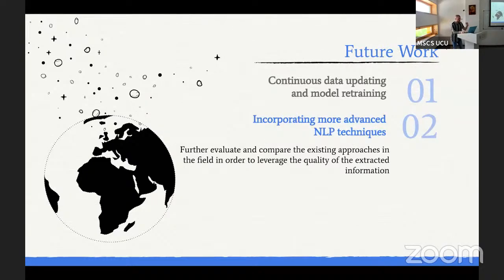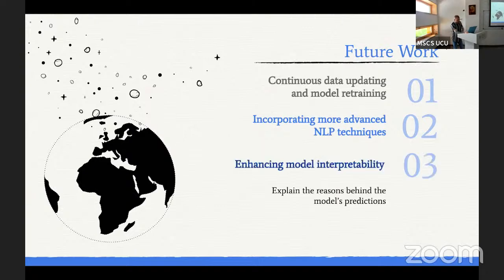We can incorporate more advanced NLP techniques if we would not be limited in the budget. For instance, we can extract the topics of the named entities with GPT-3. Of course, it would be much higher quality of the extracted feature. And we can enhance the model interpretability, maybe do some information retrieval techniques to explain why this telegram would be interesting or not for the astronomer.